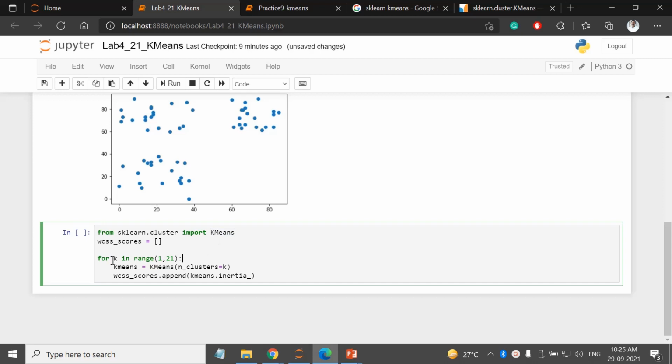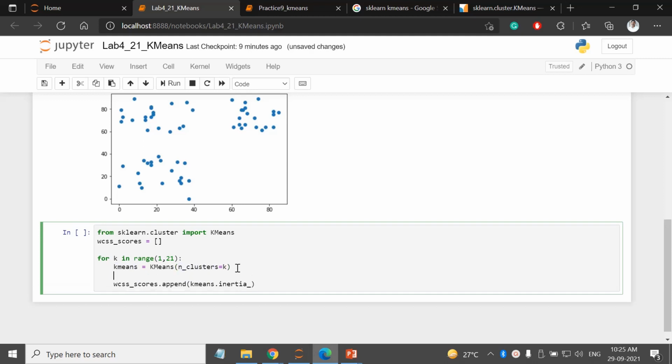Then I don't know the value of k, so I am writing this loop. It will vary from 1 to 20. I am creating the object by passing the number of clusters, but I have not fitted the data. The object is created, but it doesn't have that data yet.